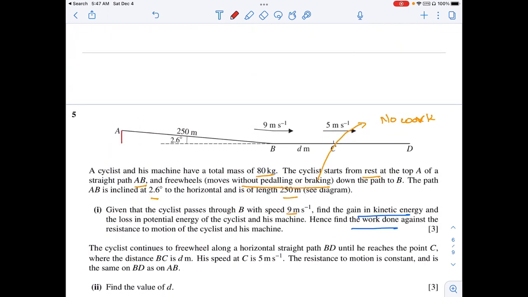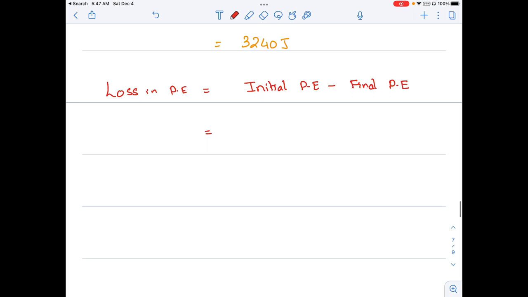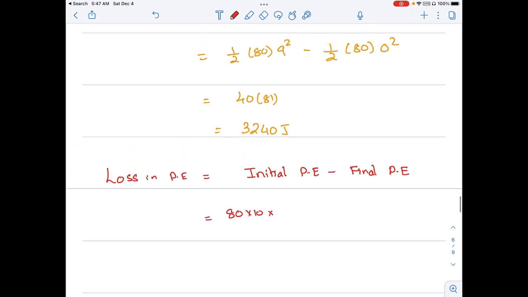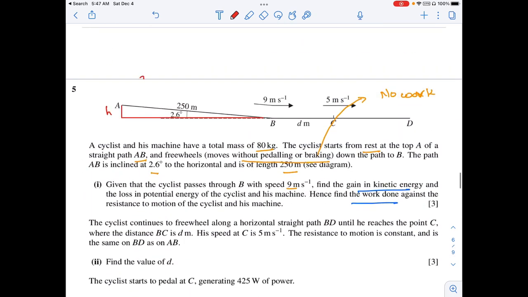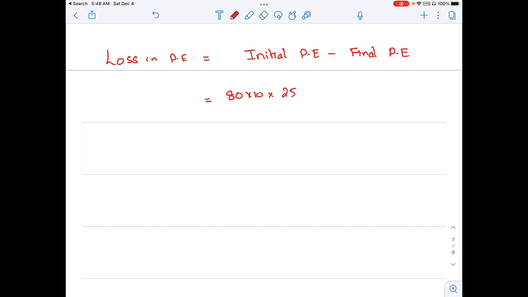I draw a triangle over here. You can see that it's a triangle, height is h. So mgh, mass is 80, g is 10, and height is nothing but, again we go back and use sine: sine 2.6 is equal to h upon 250. From there I get the value of h as 250 times sine 2.6. So that is the height, 250 times sine 2.6, minus the final potential energy,